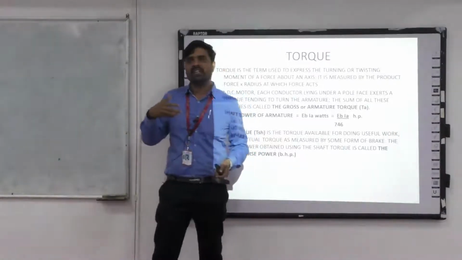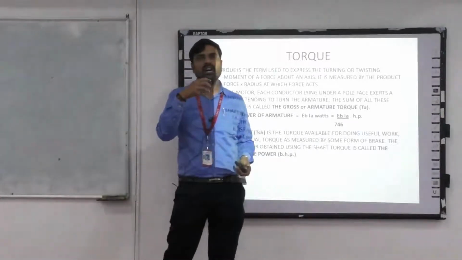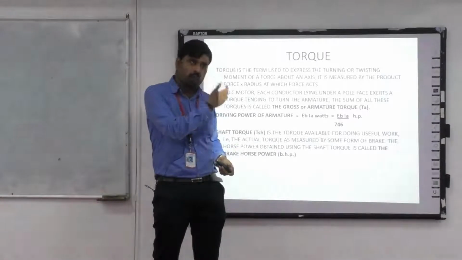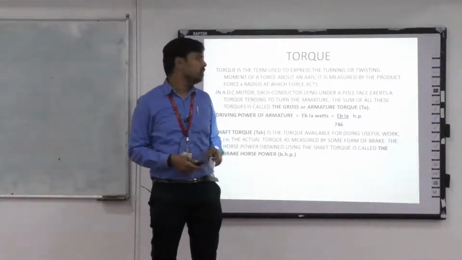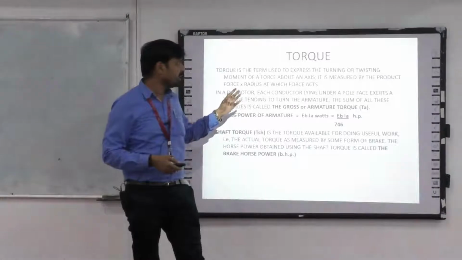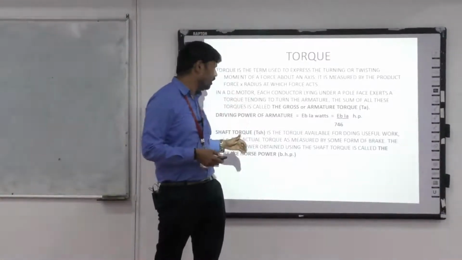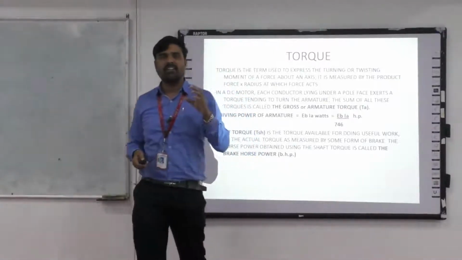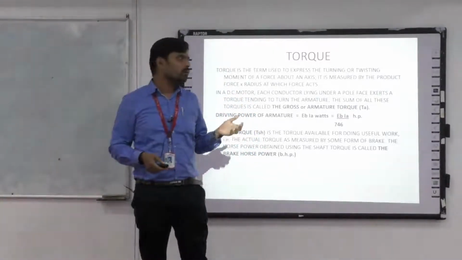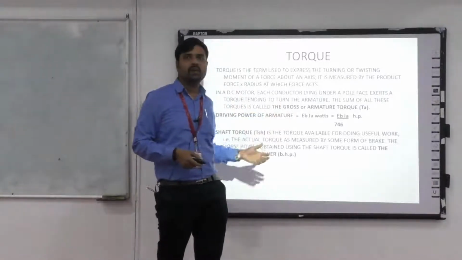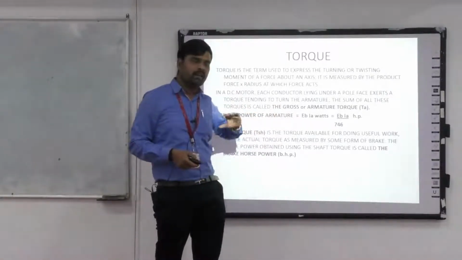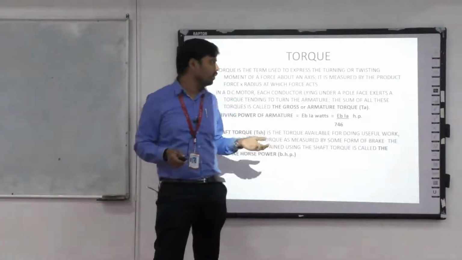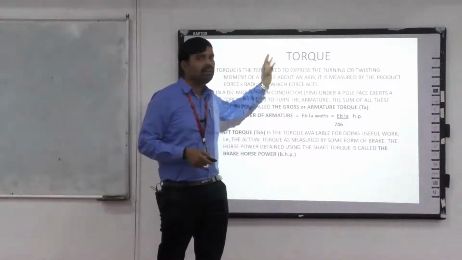So as design engineers, when we design a motor, the armature torque should always be greater than the load torque. Right? Torque is proportional to flux into armature current. We have many internal parameters, but the ones we can vary are only the flux and the armature current. With a series field winding, we get more flux. In a shunt field winding, we get constant flux. In a differential compound motor, we can add and subtract the fluxes. Based on that, the torque will vary.